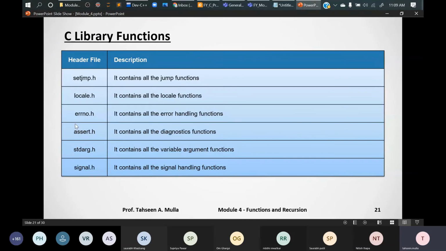Then we have some more, like error numbers, for handling errors. There are exceptions and errors in your programs. To handle those errors, we have some handling functions.